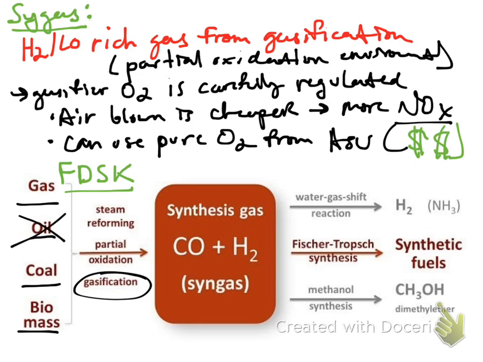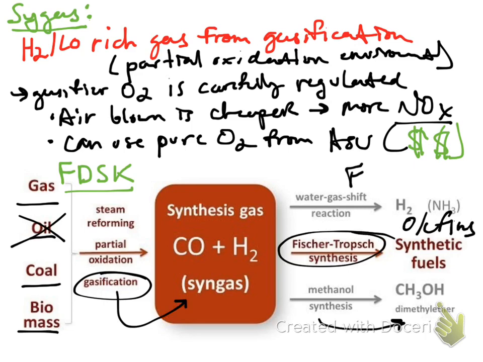So let's take a look at the uses of the syngas. So here we have our feedstock flowing in. I'm not going to consider oil at this point, because essentially what they mean is petroleum coke, but I'll show you that on the next slide. So the feedstock goes in, you have your partial oxidation, your gasification, we're producing synthesis gas, and then there's a variety of ways that we can process the synthesis gas if we want to use it for fuel production, liquid transportation fuel. Of course, it can go to fuel cells, but the main routes are